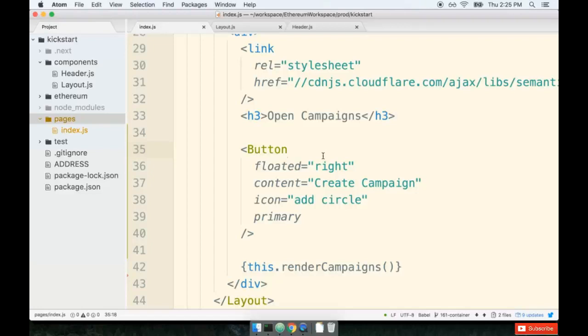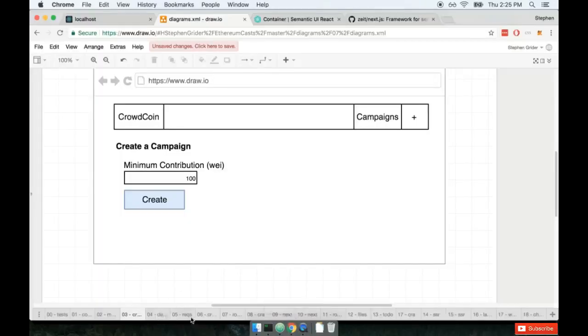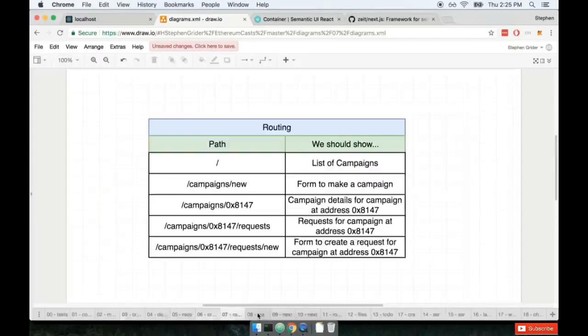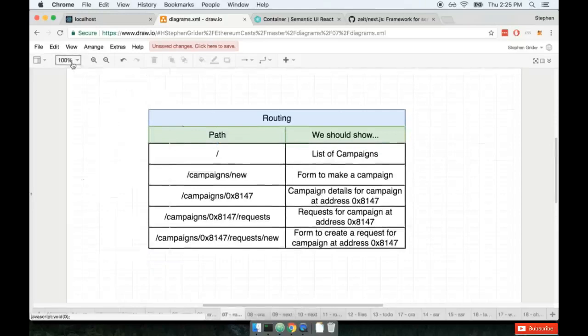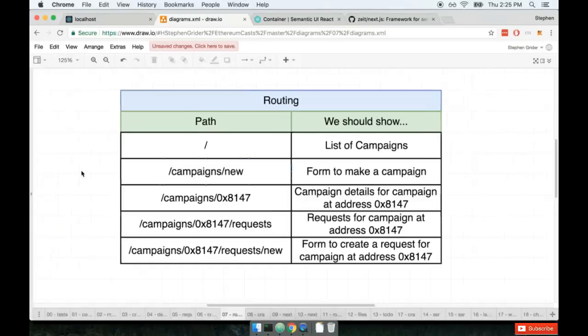Before we make a new component to house this form that a user can use to create a new campaign, there's one thing that I want to remind you of very quickly. We had previously looked at a little diagram that said that we wanted to have some very distinct URLs available inside of our application. We had said that the root route of our application should show the list of campaigns, and then the next page that we're about to show, which is going to be the form to make a campaign, should be available at